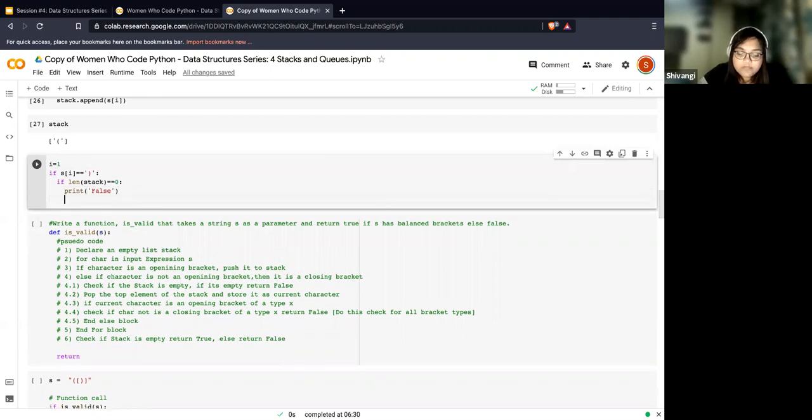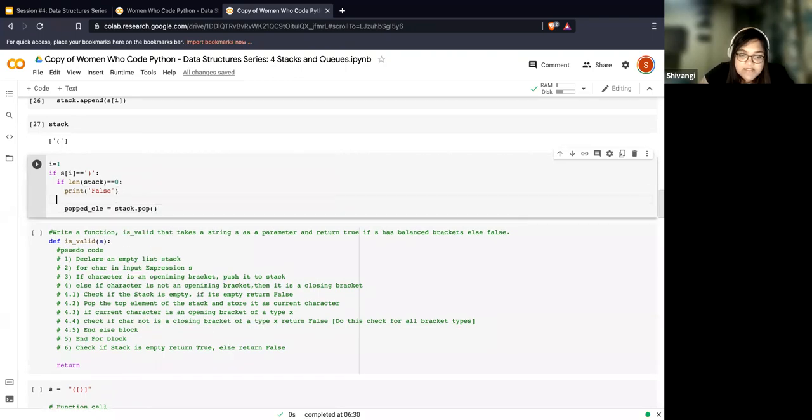So I'll do popped element, stack dot pop, and this is an else condition.